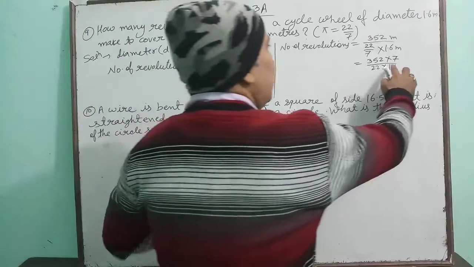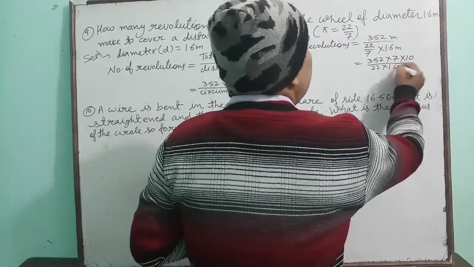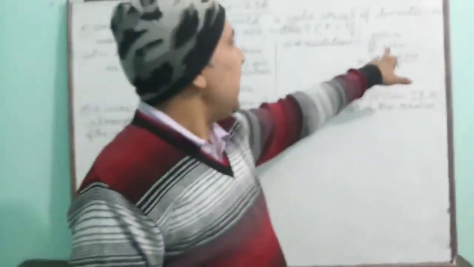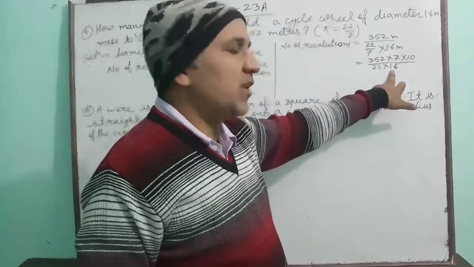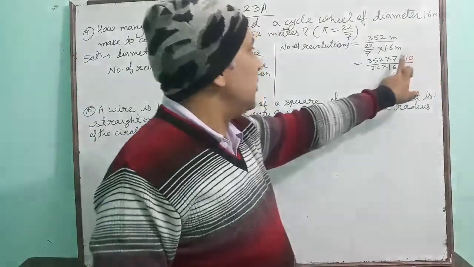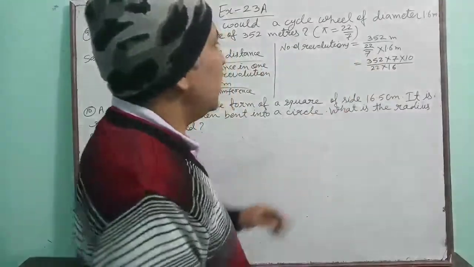Okay, when this decimal is removed, 10 will be multiplied with numerator. To make our calculation easy, I have removed this decimal. From denominator, if decimal is removed, then 10 will be multiplied in numerator, because in denominator after decimal only one digit is there. Now solve and get your answer.